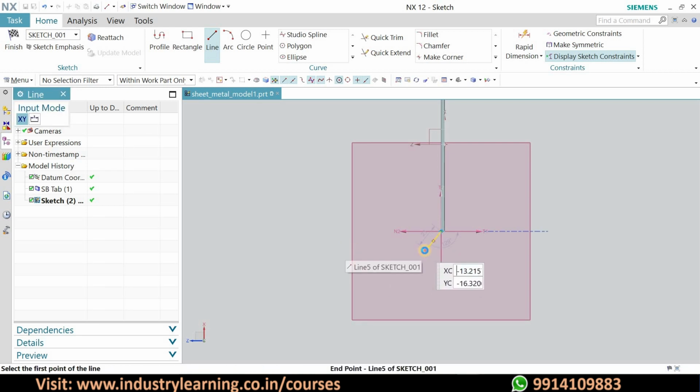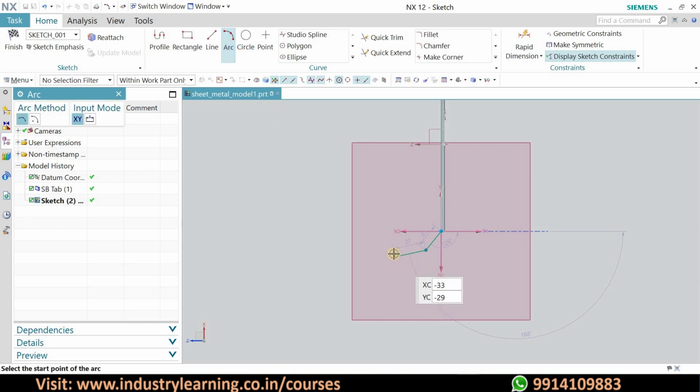Then further, the next line that is at some angle, and then we can generate some arc also, like here some sort of radius. Here you can see if it's like this, it's at some sort of tangent.